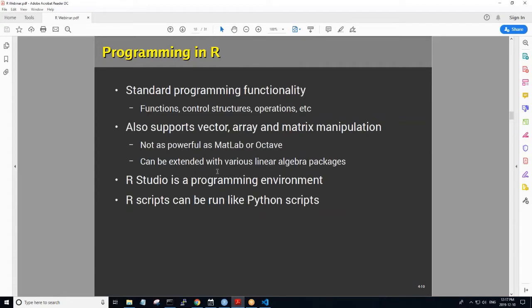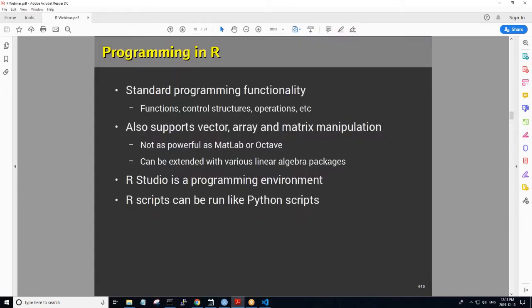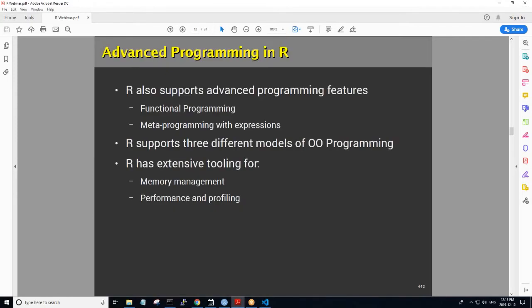Now RStudio is this interactive environment. We can also write R code as scripts and run them the same way we run Python scripts. As a matter of fact, you can see what I've got here in this RStudio is all of the code I was just writing and cutting and pasting. I could have also run this as a script at the command line. So I can run it interactively, or I can run it as a script. So we have that sort of environment, just basically showing that.